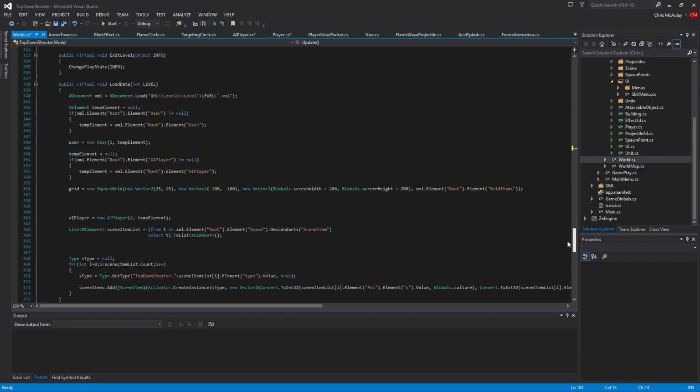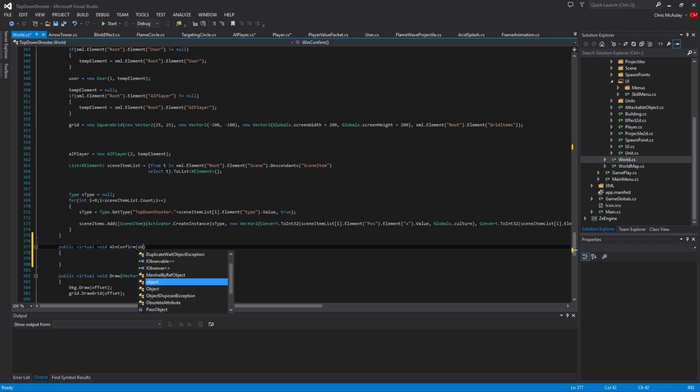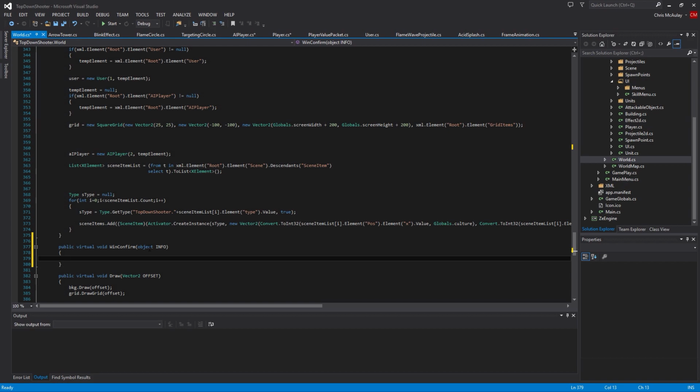Well, we're gonna create a function called like win or win confirm. Probably right now we'll do win confirm. So it'll make more sense in a minute why I can say win confirm, not just win. But let's just do that. So public virtual void win confirm. This one's gonna have to take object info. Ugh, wrong button. Okay, and in here we are going to